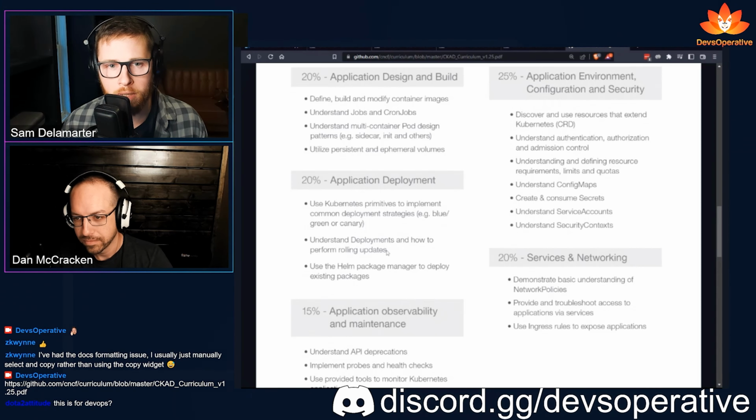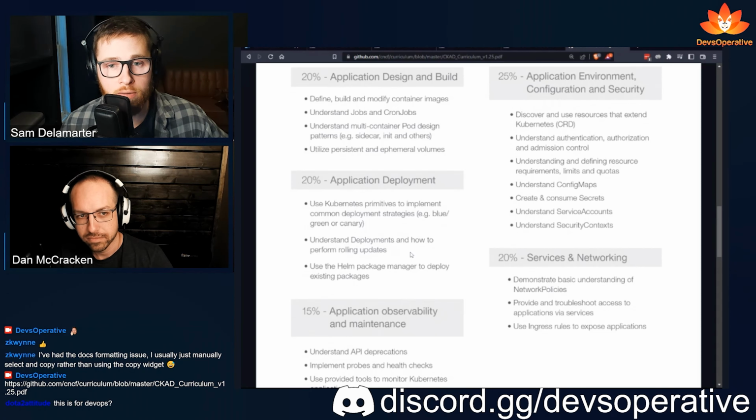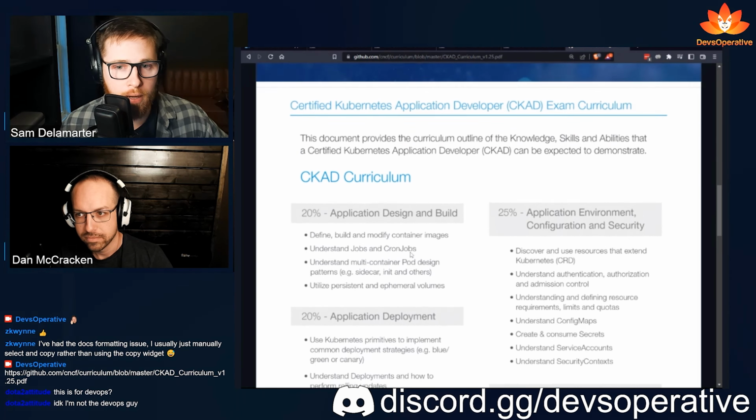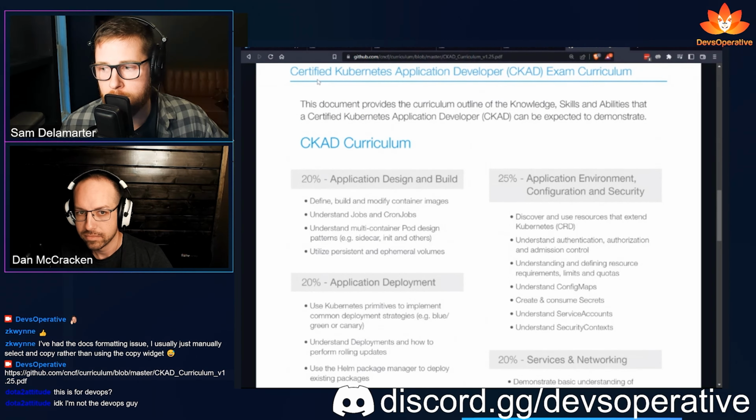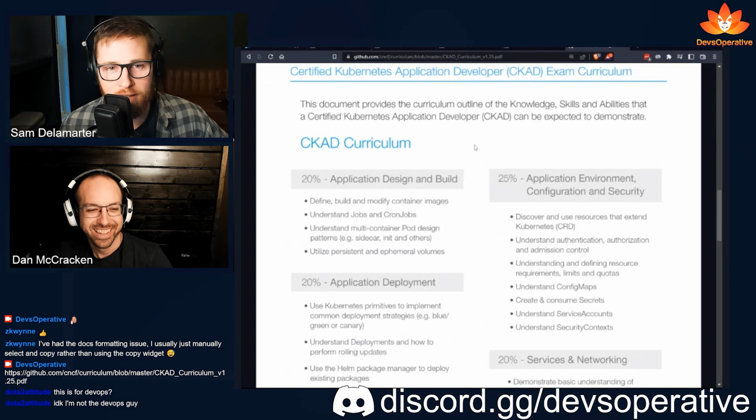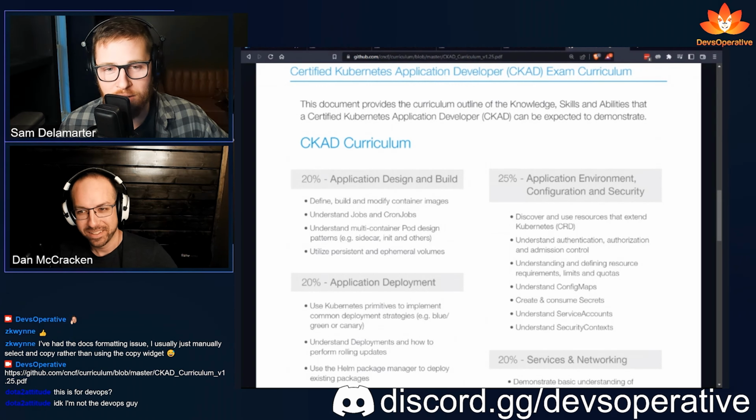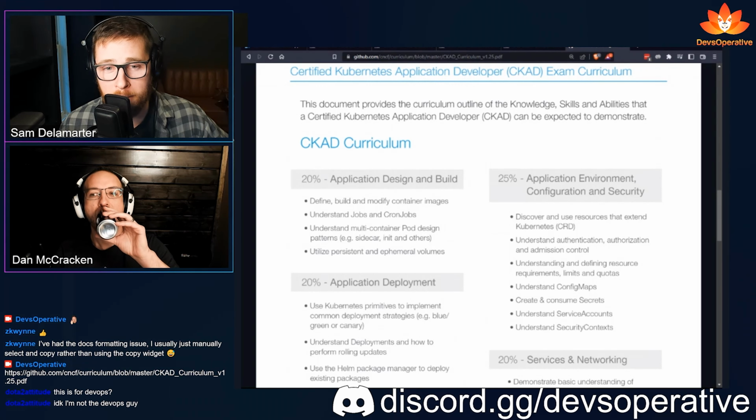CKAD being Certified Kubernetes Application Developer, I think it's good for people just getting started, like pipeline people.